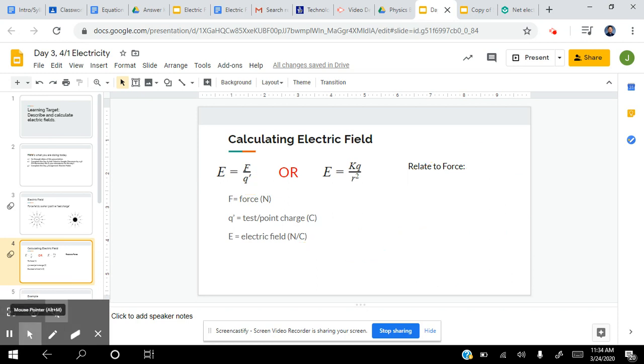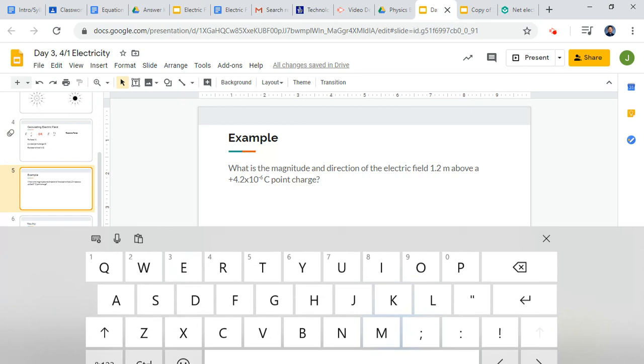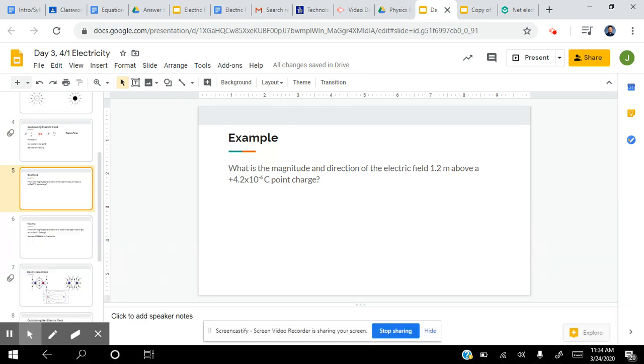All right, so let's take a look at an example here. So this is just an example of using your just electric field equation. We're not moving on to net electric fields yet. What is the magnitude and direction of the electric field 1.2 meters above a positive 4.2 times 10 to the negative 6 coulomb point charge? Okay, so what we are going to have